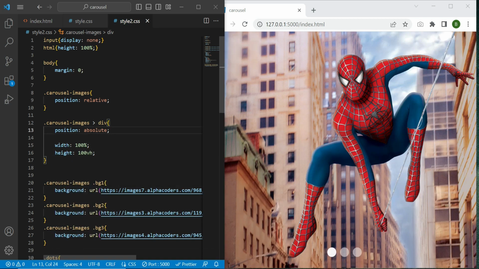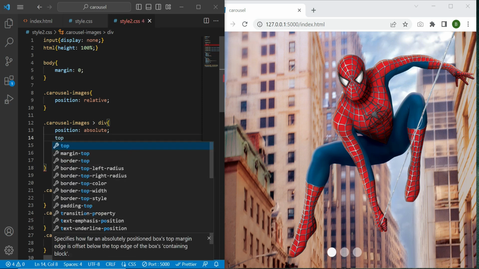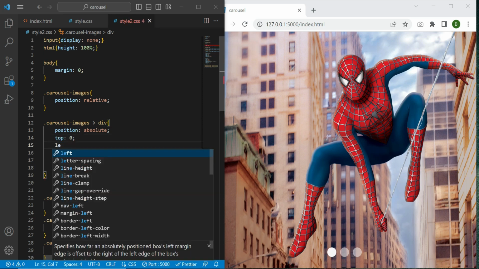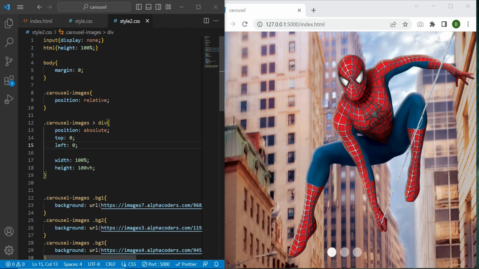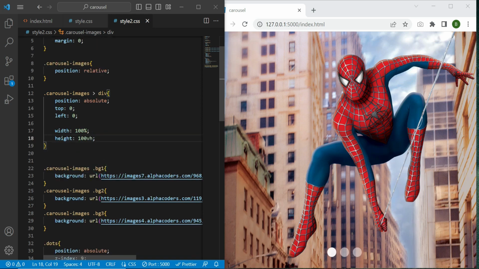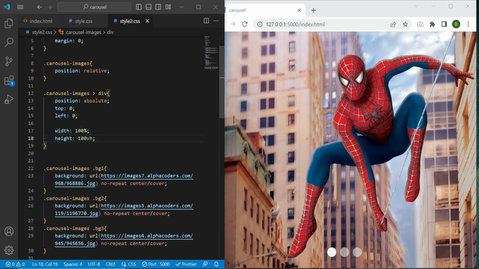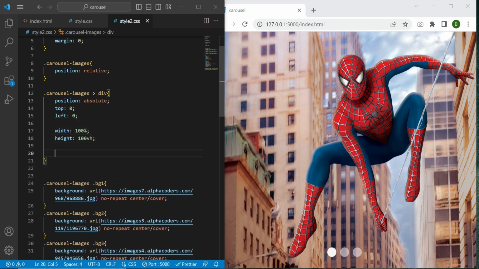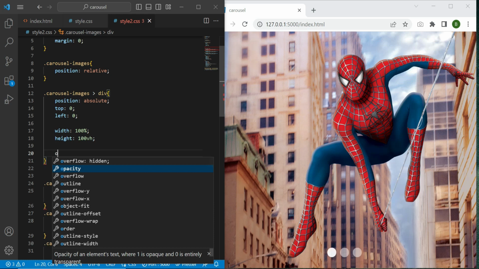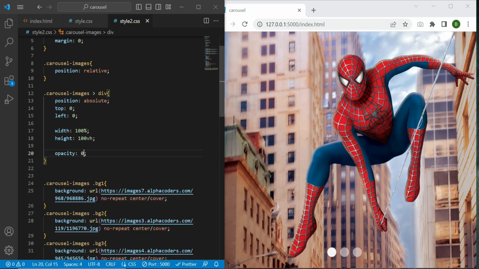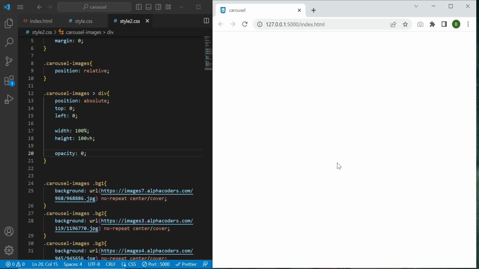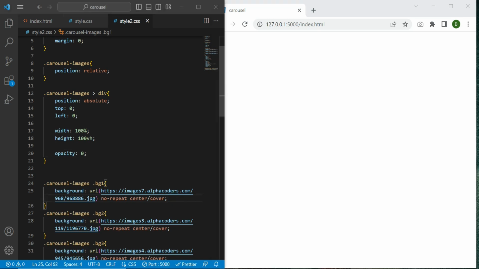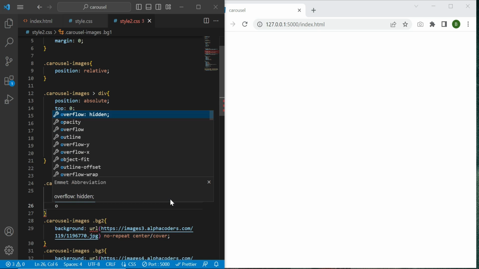There you go, those are my images. Let's get this started with position top 0, left 0. And now initially I would like each image to have an opacity value of 0. Now of course I'm not able to see anything, but if I target my first background image, this one, and say initially to have the opacity of 1,